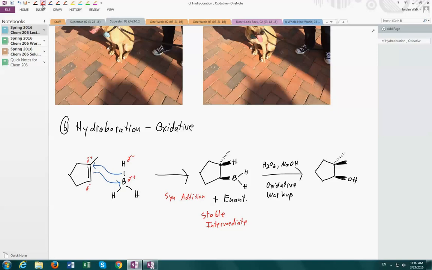So let's make sure we write that down. Of course, we also have plus an enantiomer. And so importantly, we will retain stereochemistry when converting BH2